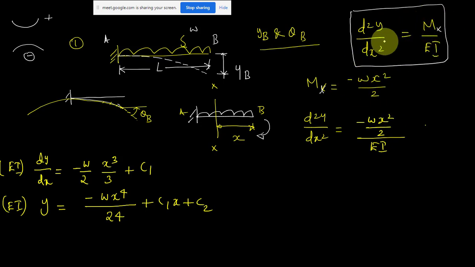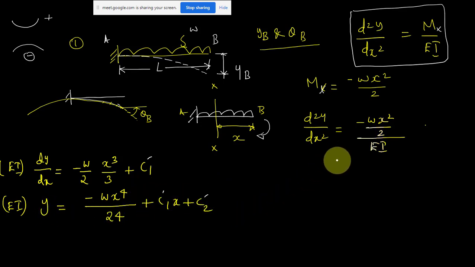You take the equation and write the moment equation. To write the moment equation, you take a section at a distance x from your reference point B, and write the equation with sign, negative sign for hogging moment. Once you have this equation, you do the first integration, the first constant of integration will come, and do the second integration, you will get EI into y in this form, c1x plus c2. So now I have two constants of integration, c1 and c2, in this deflection equation.